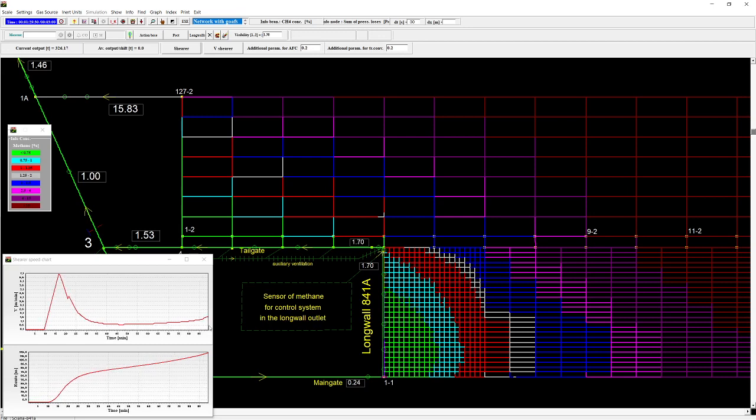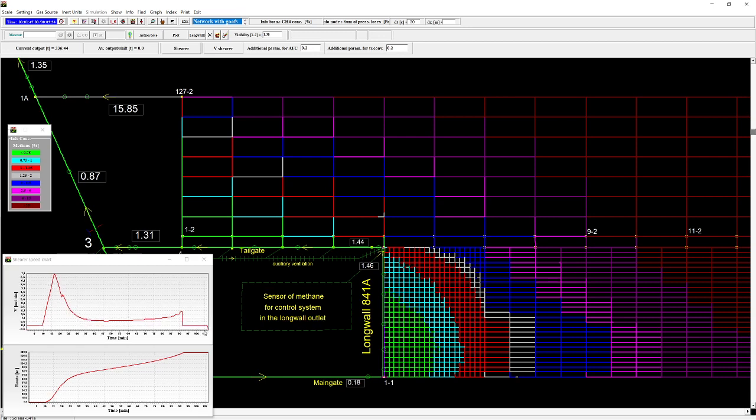As the concentration falls, the controller increases the cutting speed. And as the shearer reaches the end of a long wall, its speed is reduced to zero. This model doesn't represent the turnaround activities where the shearer prepares for its cut in the opposite direction, but it is assumed that all this operation lasts 15 minutes, and during this time the shearer cutting speed is set to zero. In a moment we will see shearer advancing towards the main gate,